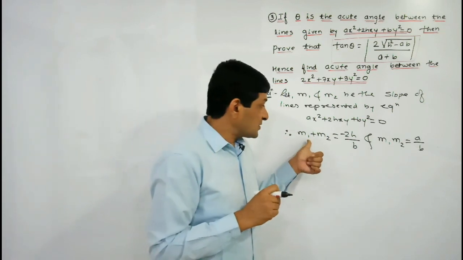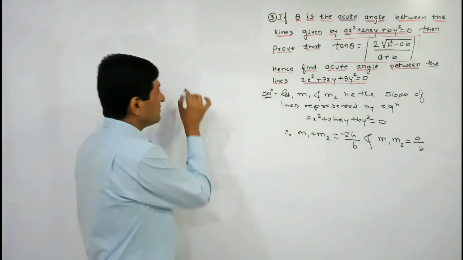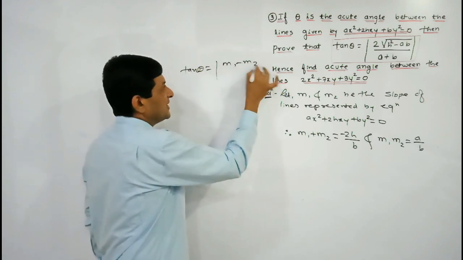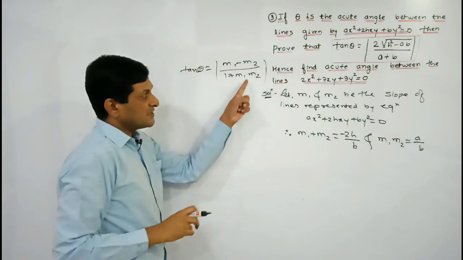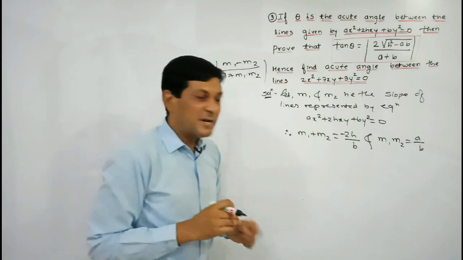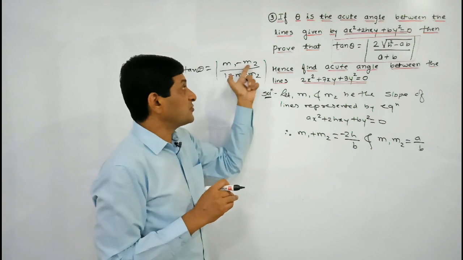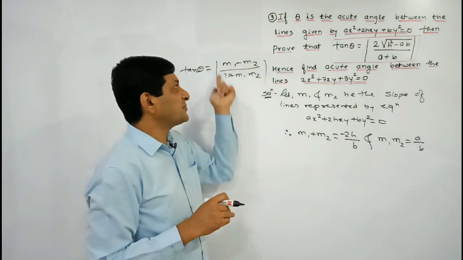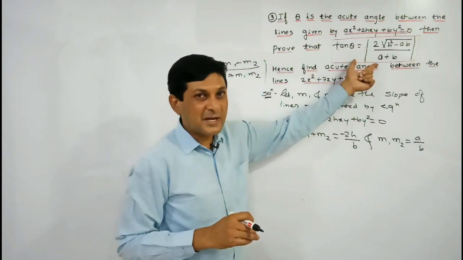Now sum and product are known to us, but to apply our formula, what is our formula? Tan theta is equal to what? m1 minus m2 divided by 1 plus m1 into m2. Means here the product is required, but in the numerator the difference is required. As it stands, the available results are what? Sum and product, and using sum and product we are trying to find out what? Difference. And if the difference of slopes is known to us, then we substitute these values in this formula and simplify it to get our required result.